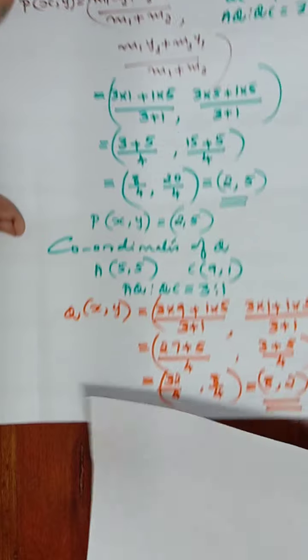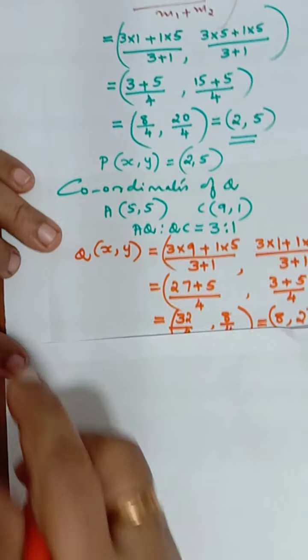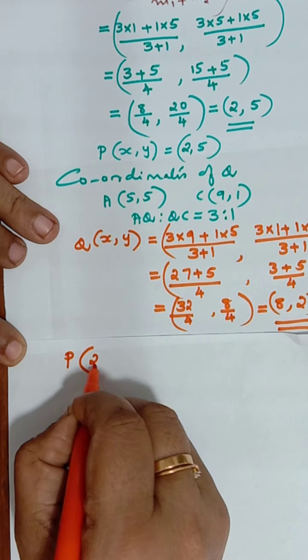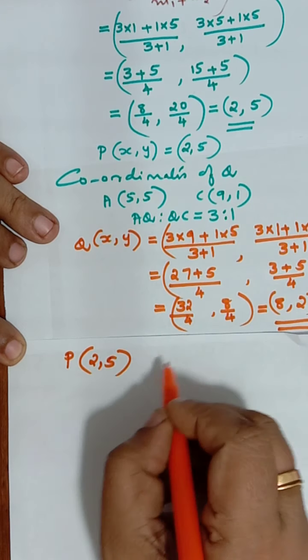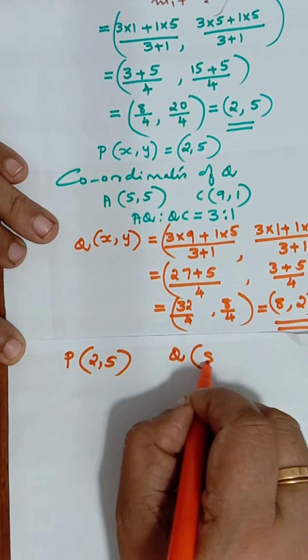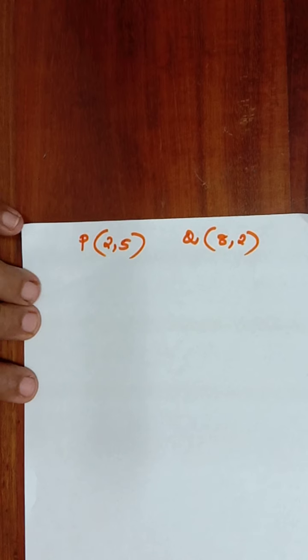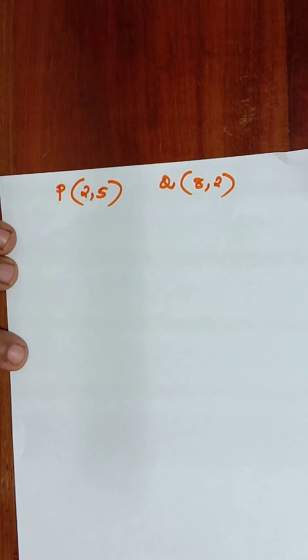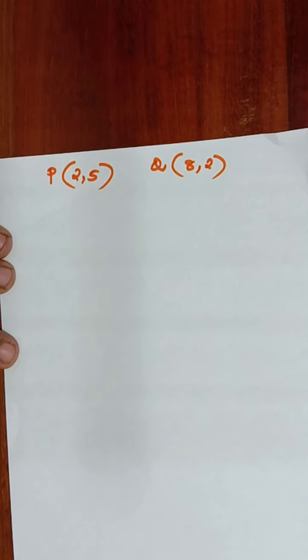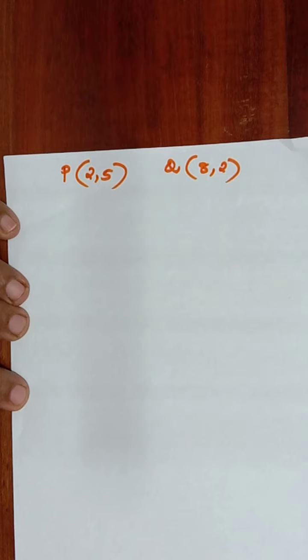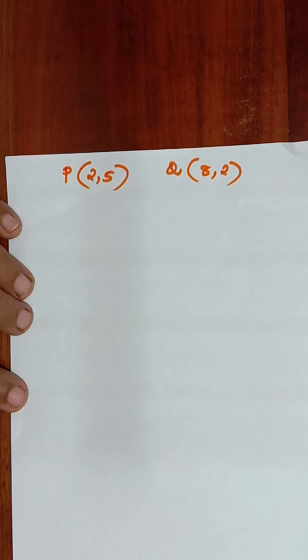Now here P coordinates are there. P coordinates, Pxy, is 2 5, and coordinates of Q is 8 2. Length PQ we can easily find using the distance formula. Now you might have seen in the same question what all different points they have used: section formula, distance formula, etc. This is how questions will appear in board examinations. So better solve a variety of questions.